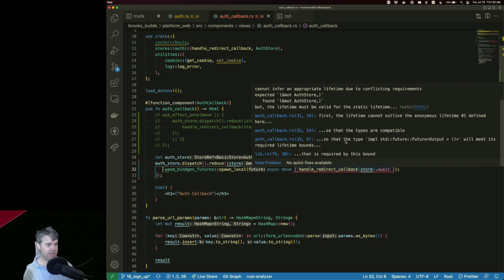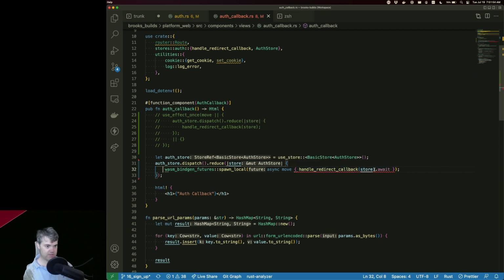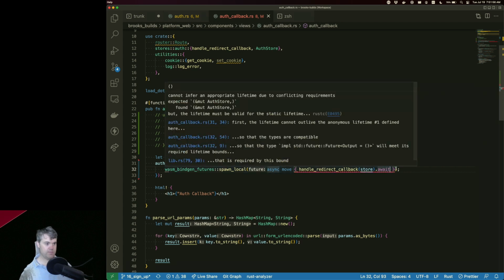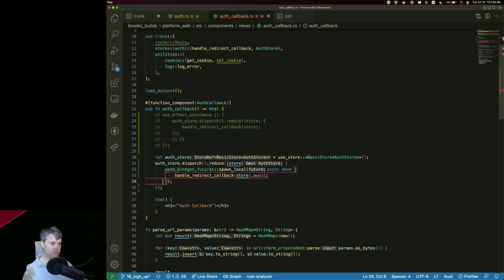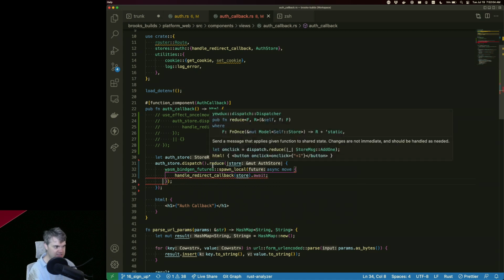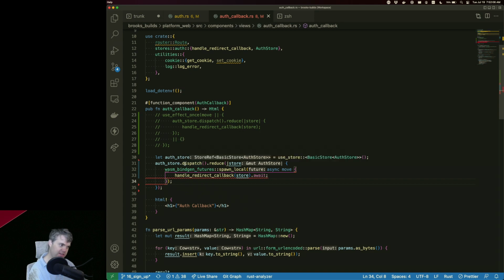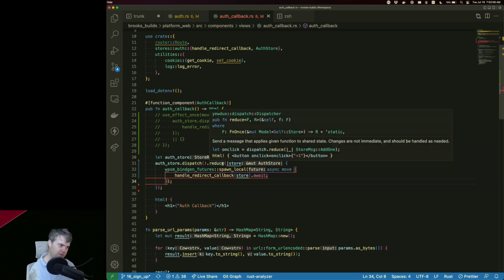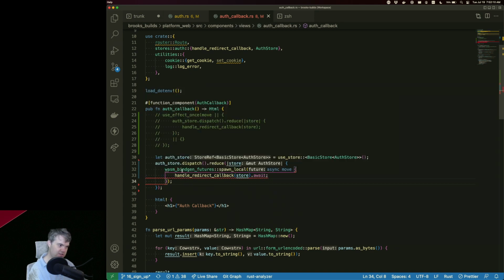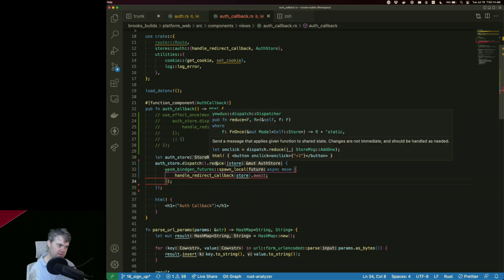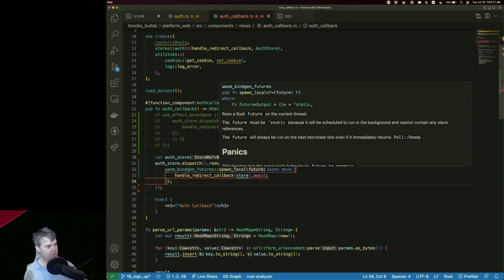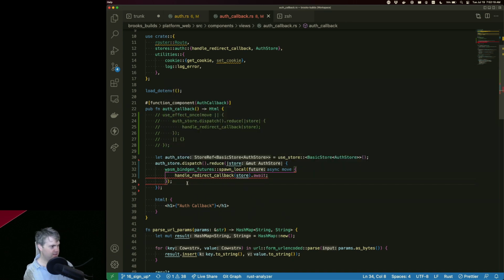No, it is definitely not happy. Okay. So what's happening here is we have an async move of the store inside of here. That's very unhappy. But if I get a dispatch, I could then run the reduce inside of here, which might be the same problem over again.